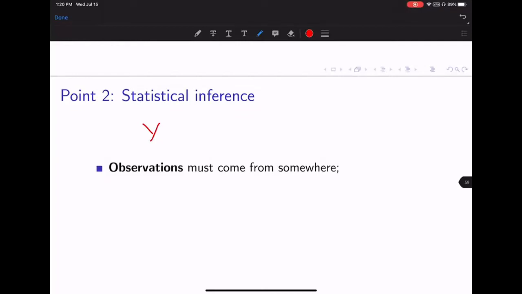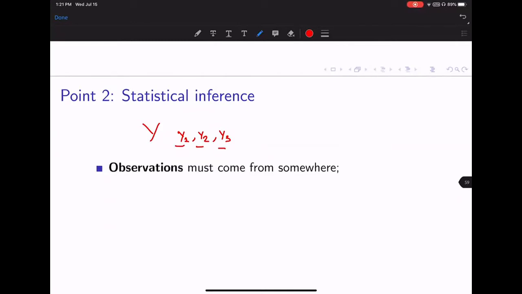And you may see smaller y, right? y1, y2, y3. These are observation number 1, observation number 2, observation number 3. This is just notation. There's nothing to worry about here. But what we have, again, is observations. We start with this basic notion. And now that we have observations,